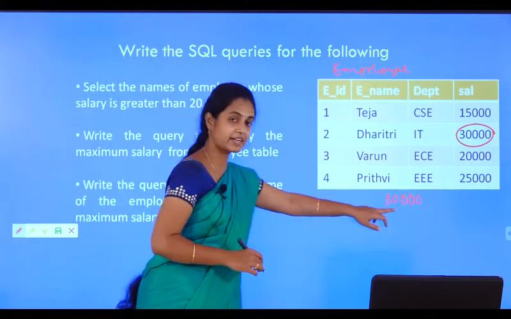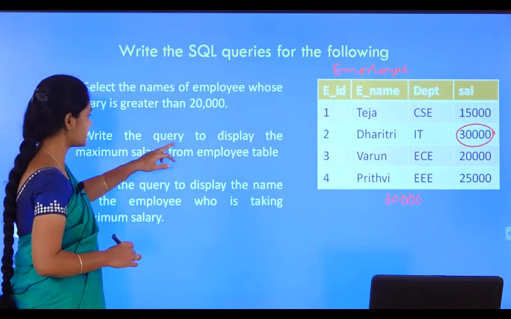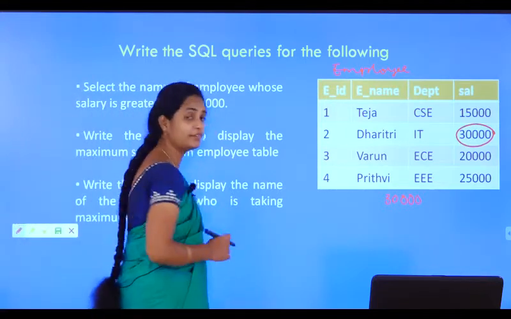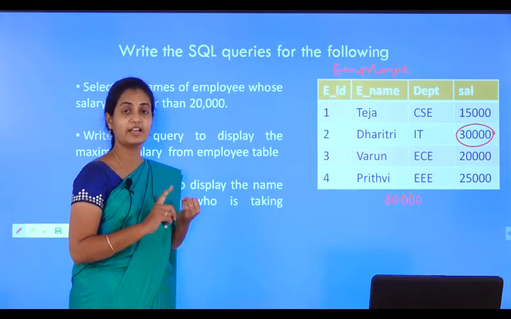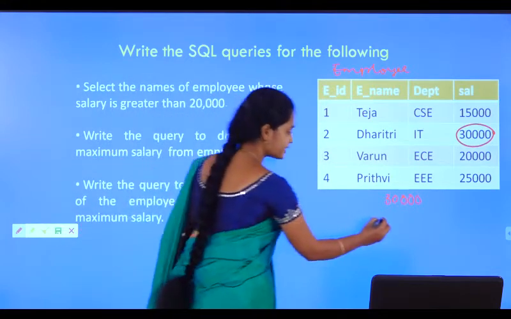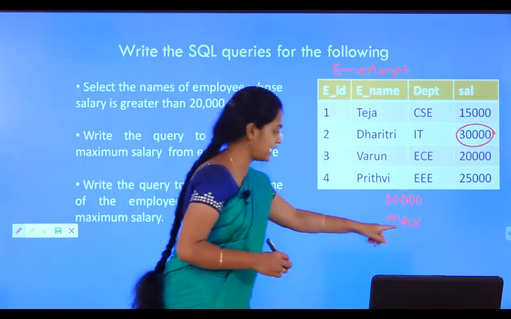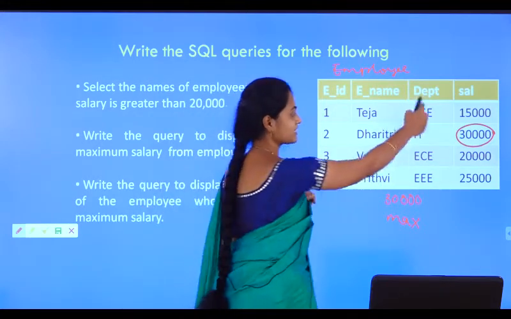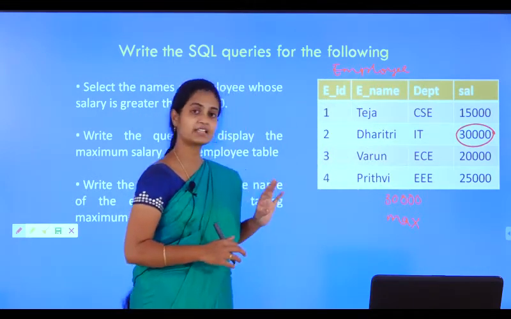Now in order to get this output, how do I write the query here? I just need to display the maximum salary, that's all. Now, using the aggregate functions, we know what the aggregate functions are. We have maximum, minimum, count, average. So what happens with the maximum function? The maximum function will retrieve the maximum of the existing numerics.